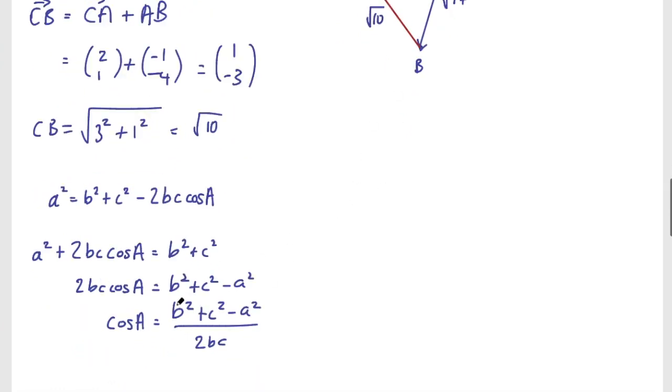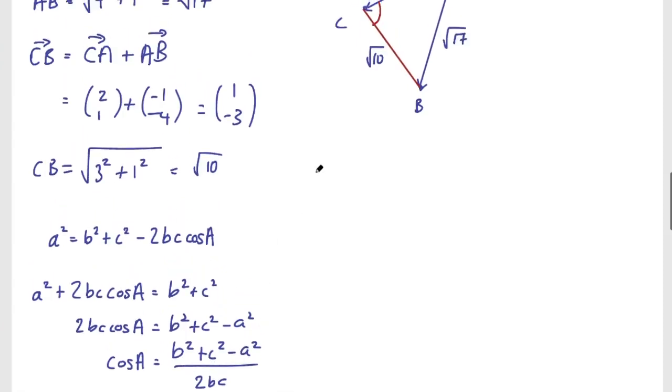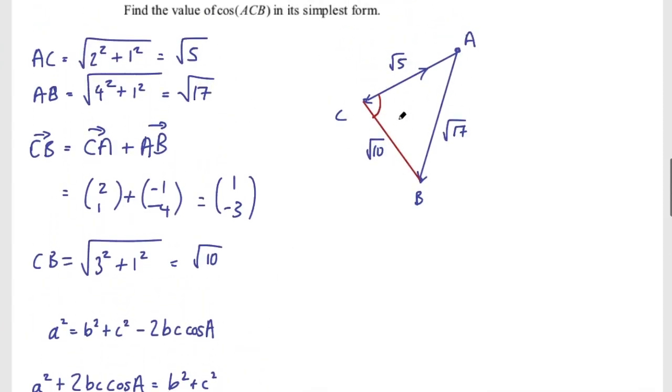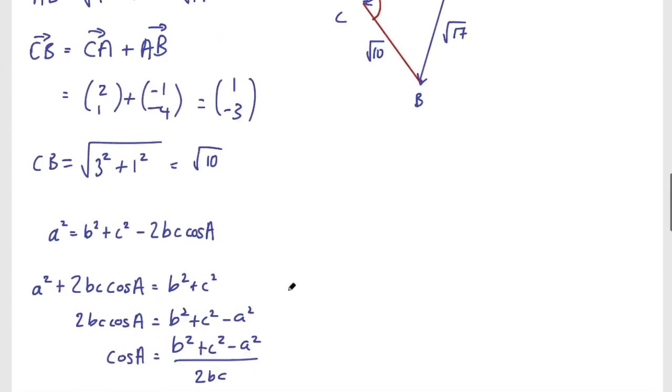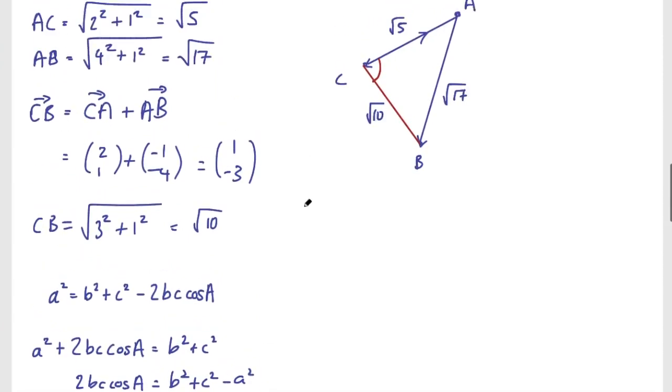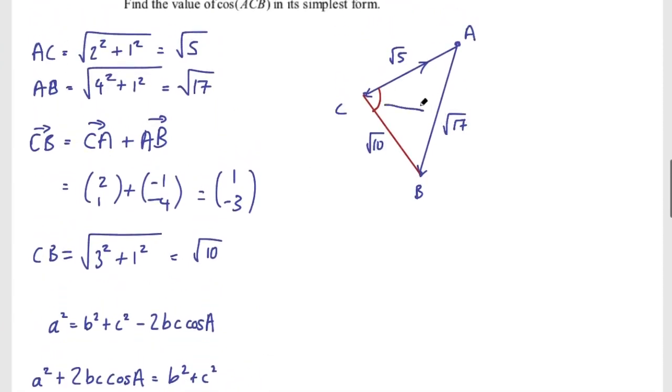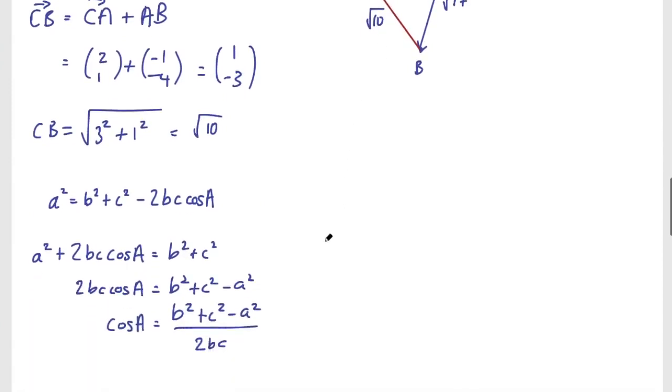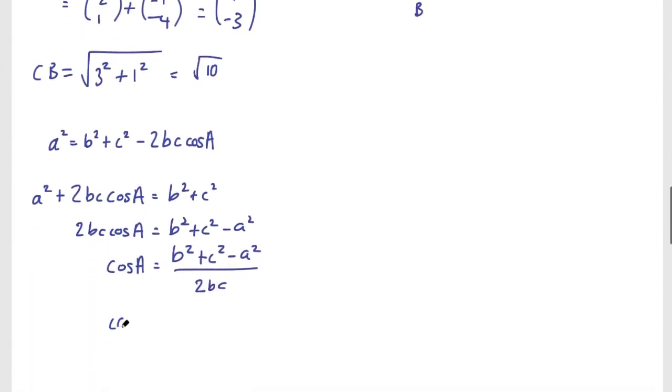Now it doesn't really matter which sides are used for B and C, but it does matter which side I use for A, because that side has to be opposite the angle that I'm looking for. So in this case, the side A in this formula has to correspond with the square root of 17 because that's opposite the angle. So the cosine of ACB